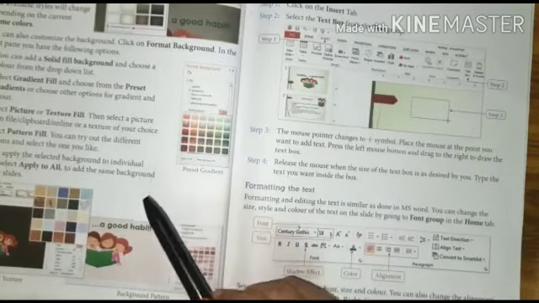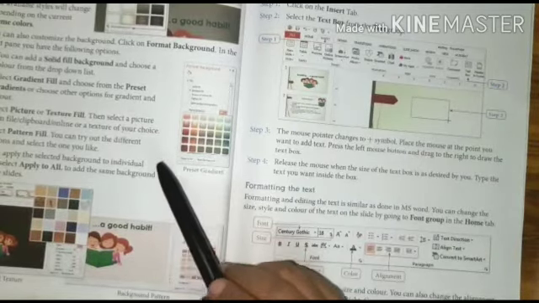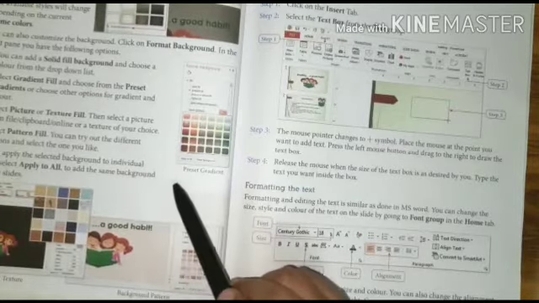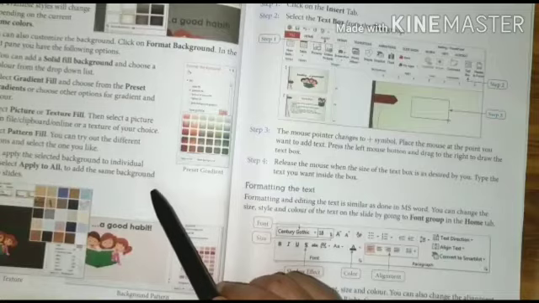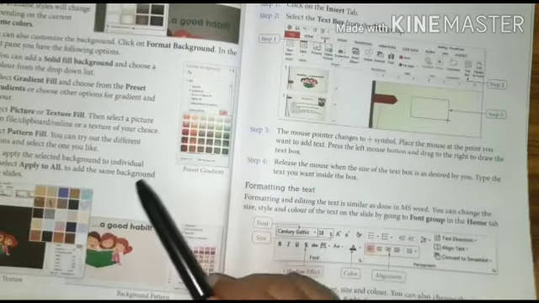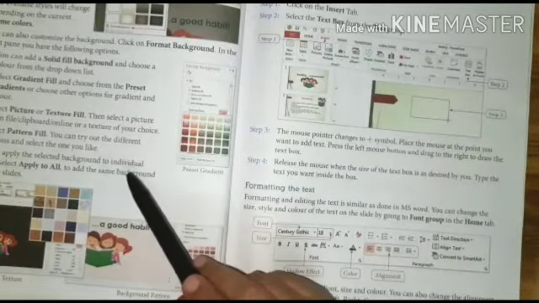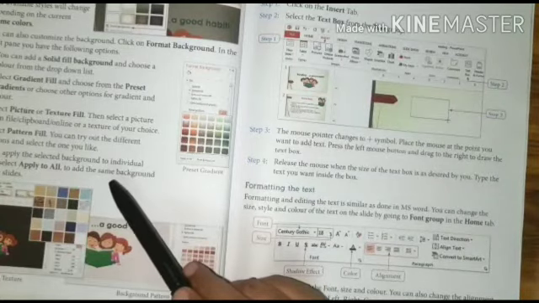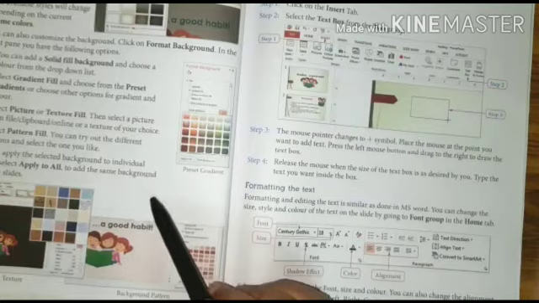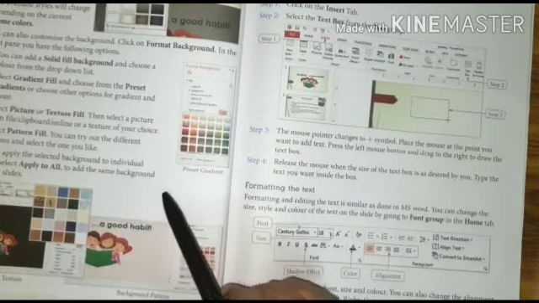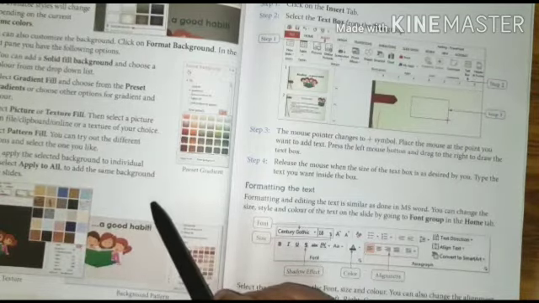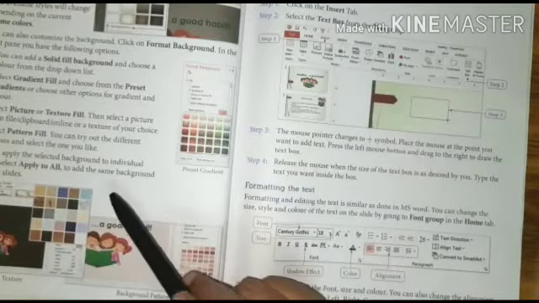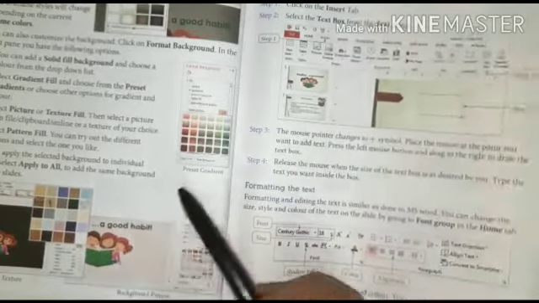Next, select Picture or Texture Fill, then select a picture from File, Clipboard, Online or a texture of your choice. Select Pattern Fill. You can try out the different options and select the one you like. Fourth step, you can apply the selected background to individual slides or select Apply to All to add the same background to all the slides.